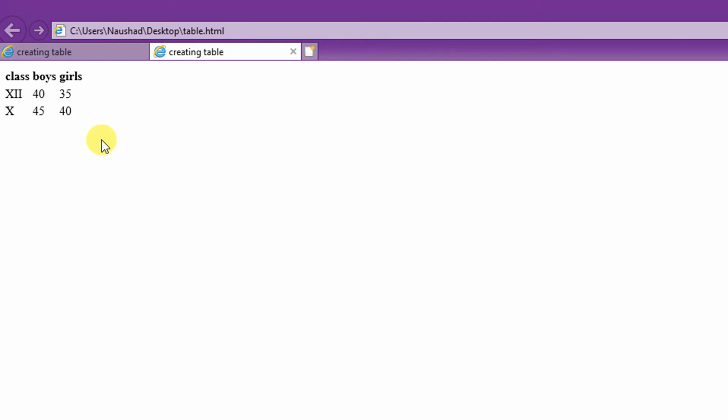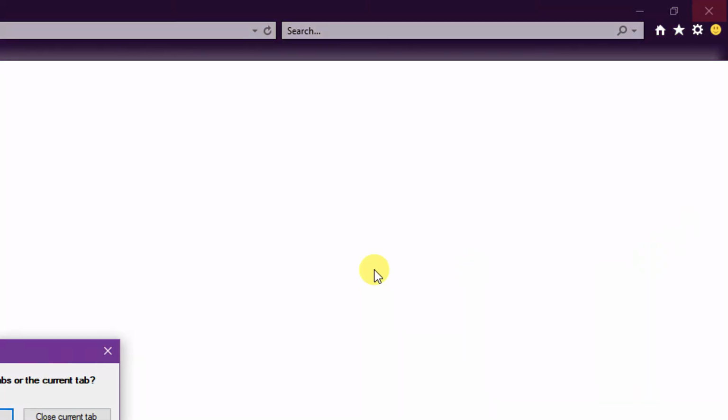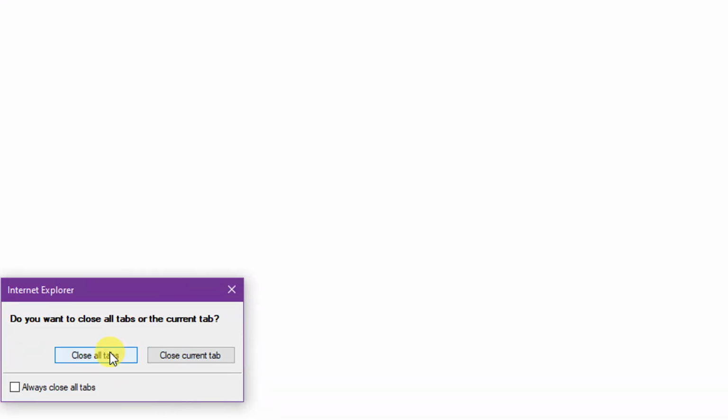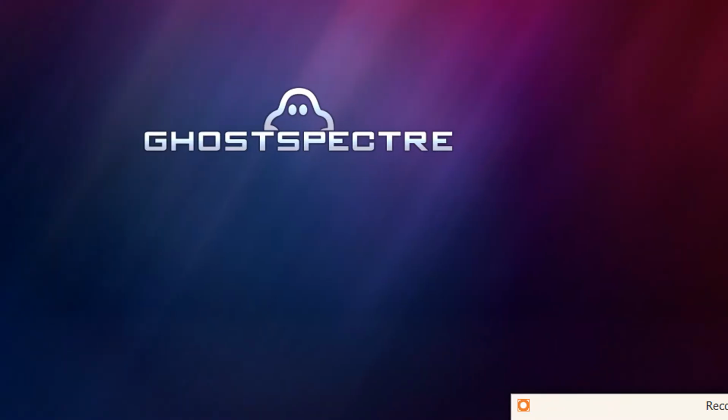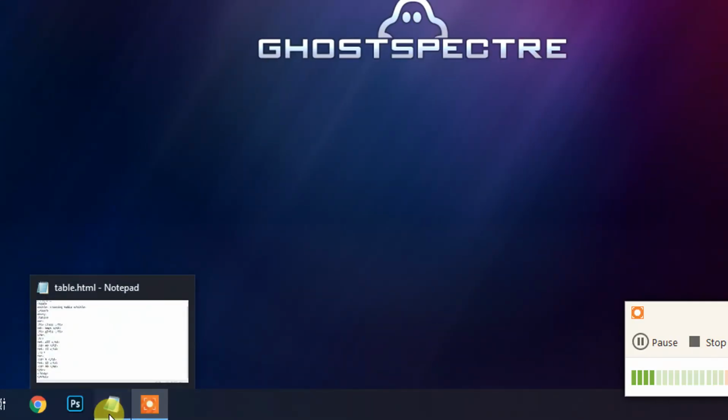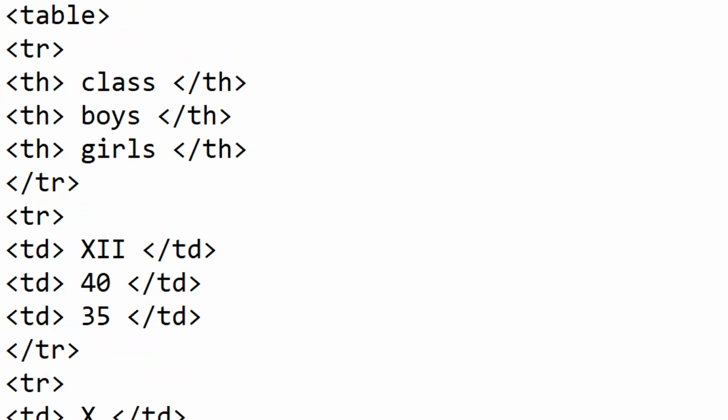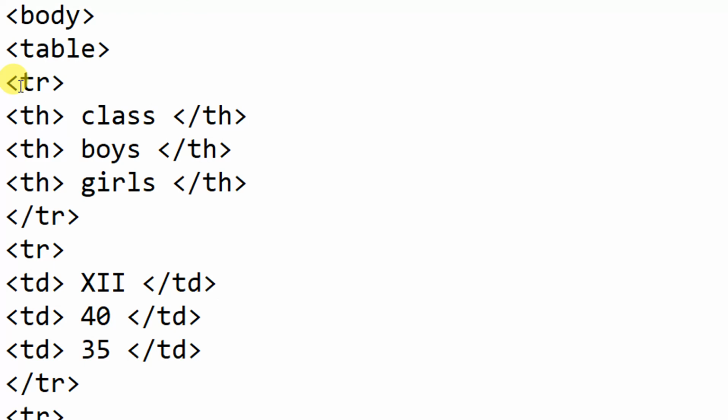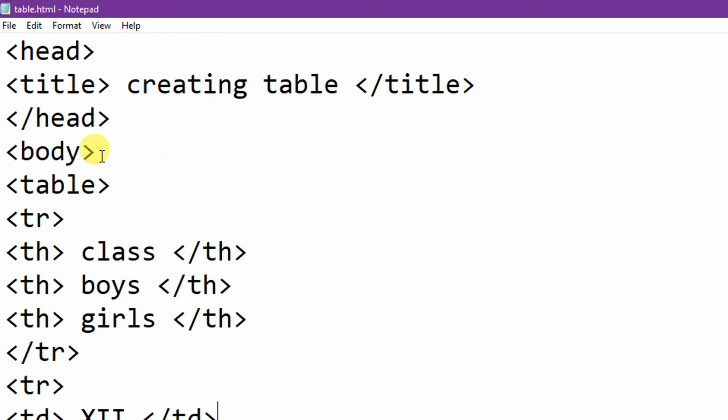Okay, so again go back to our notepad. Now where we have to use this table border tag? Below this body tag and before the table tag you have to define this table border.